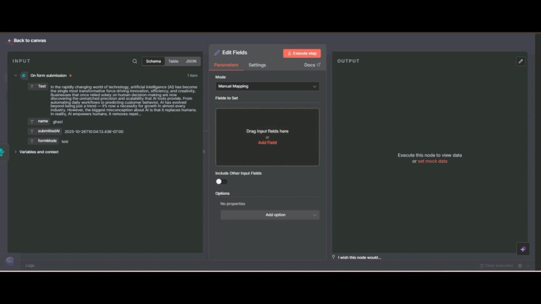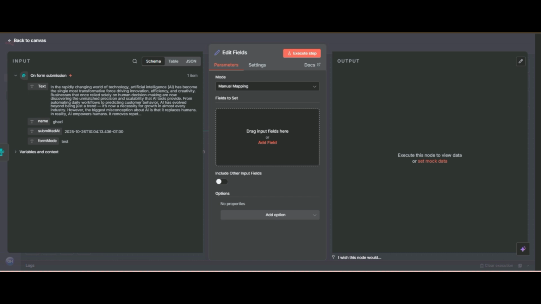Like here, four inputs are coming, four data sets. But sometimes when we are calling an API or webhook, it is 150 or 10 or 20, but we only need to retrieve one or two.